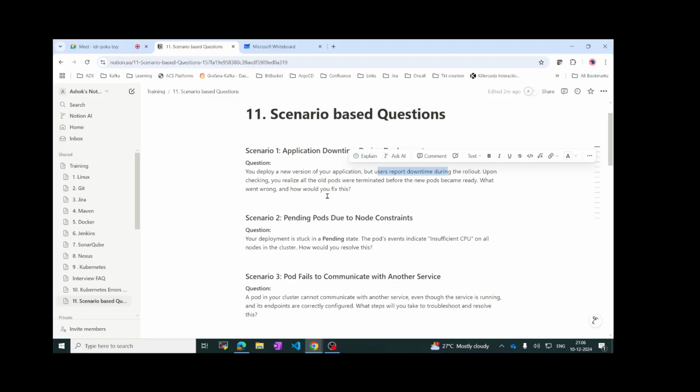So they are doing some deployment, and during deployment all the pods are going down at the same time. Before the new pods come, the old pods instantly got deleted. So what could have been done to fix this? There are some update methods, right? Like blue, green, and